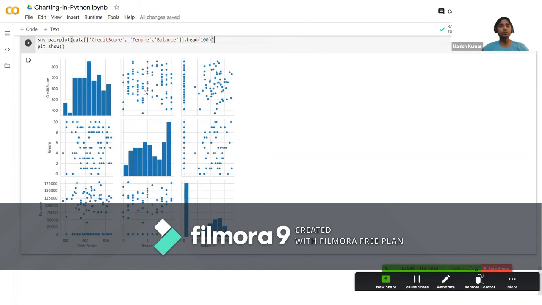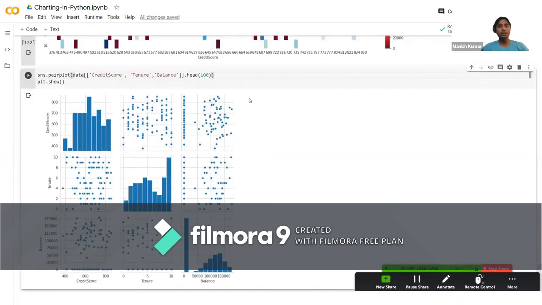But the interesting part is where the scatter plots are plotted. When you look at the first row and second column, what is being plotted here is credit score versus tenure. This is the answer to how my credit score versus tenure scatter plot looks. And in the third column, we have credit score plotted against balances. So how PairPlot is beneficial for us is we can create multiple scatter plots and do an n cross n type of comparison